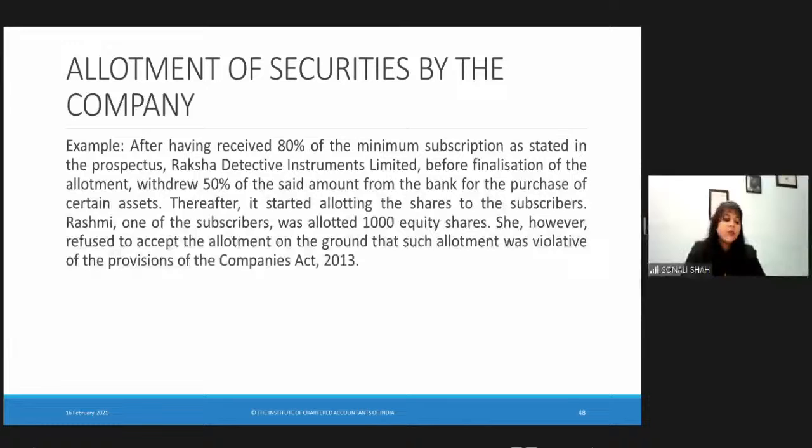Let's say there is a mnemonic that I provided to you for underwriting commission. But as a faculty, I would suggest that the way of learning varies from person to person. So it is not necessary that the notes I provide are good enough for you to be able to attempt the questions in the examination. If you have understood the concept, you will always be able to attempt the questions.